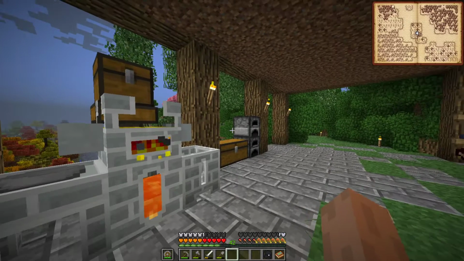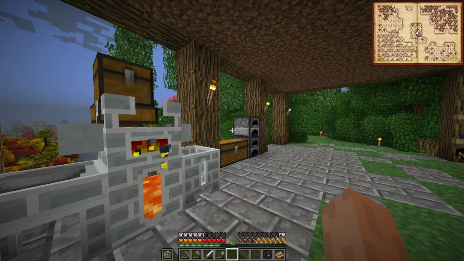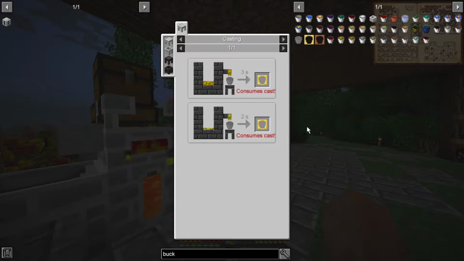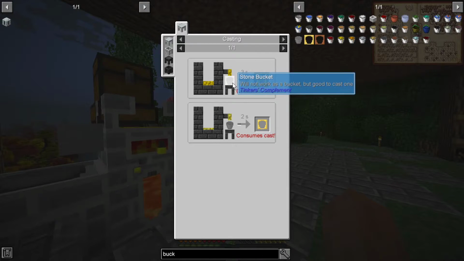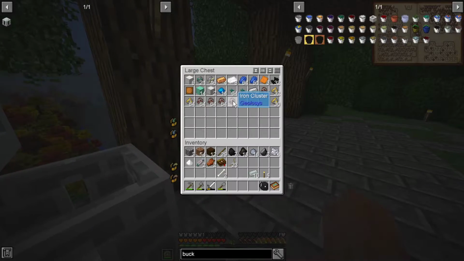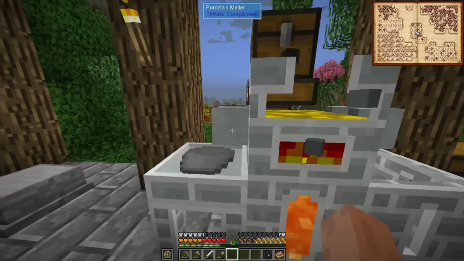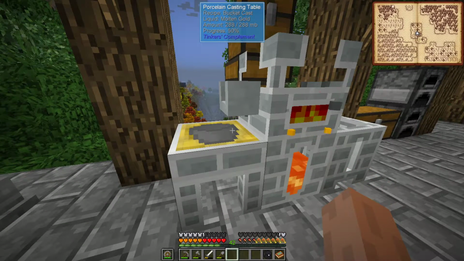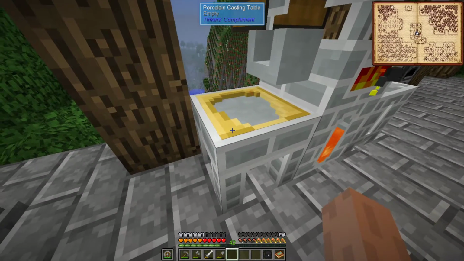I was trying to look into how much gold we would need, because obviously I don't want to craft too much or smelt up too much and then have to drain it out. If you go to the cast itself, this is a very nice feature of this inventory mod. You click on this, it shows you need gold, a stone bucket and a casting basin, and it shows you how much gold you need. So 2 ingots, which is about 2 clusters, because about 1 cluster is 1 ingot. If we dump that out, because I melted up 2 clusters,